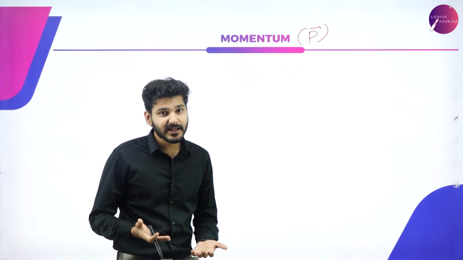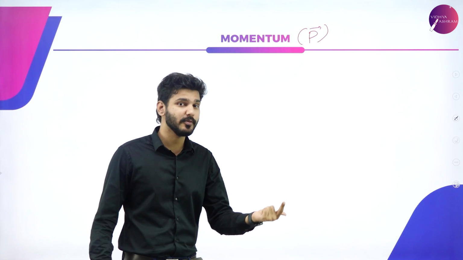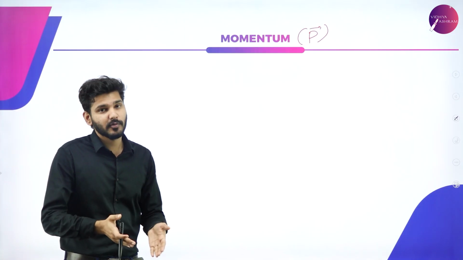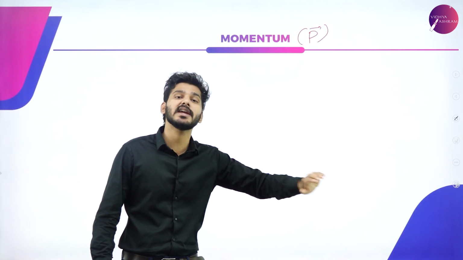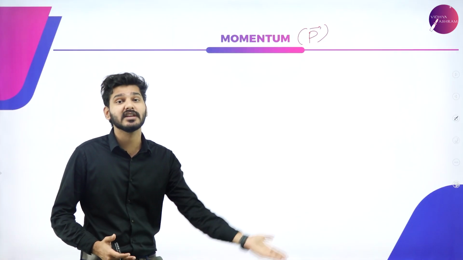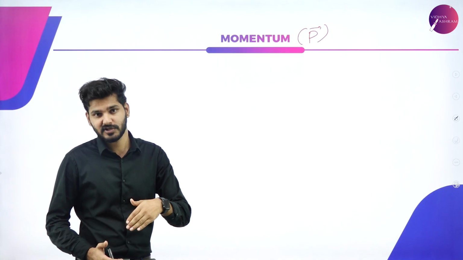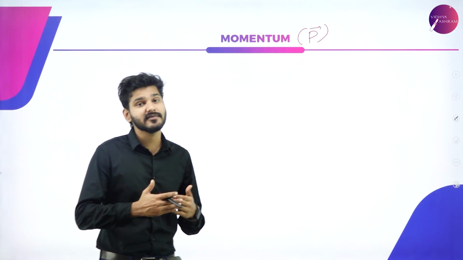And you have to understand that momentum is actually of two kinds. One is angular momentum, one is linear momentum. In this particular chapter, we will only be dealing with linear momentum. That is momentum that is tied to an object that is moving in a straight line. That is known as linear momentum. If at all that particle is going in a circular path, then the momentum will become angular momentum. So right now we are going to deal with linear momentum, or simply a particle which is moving in a